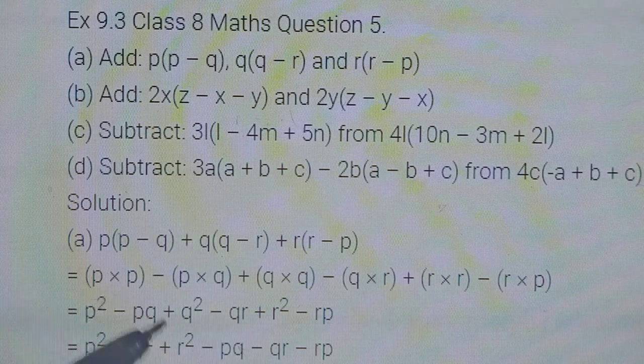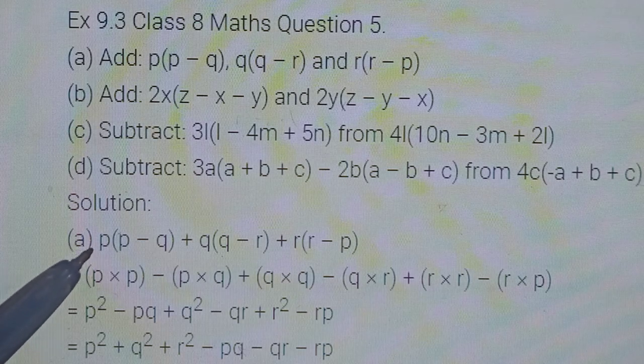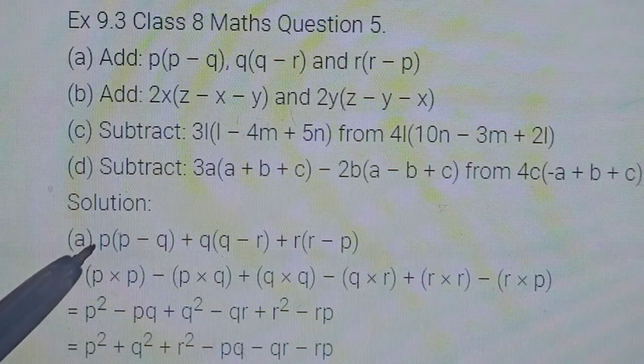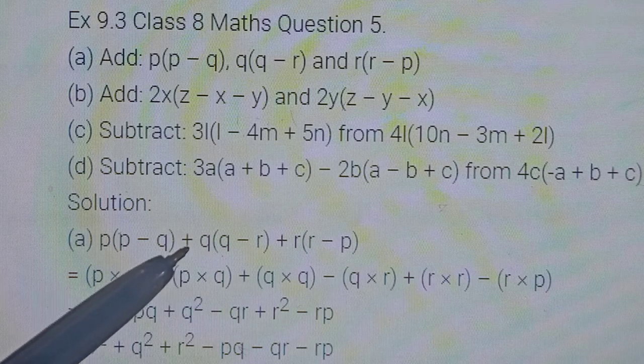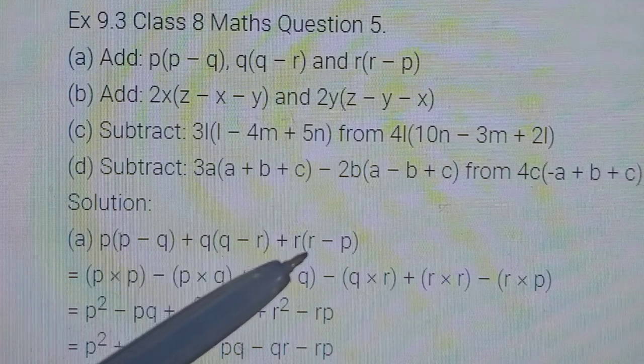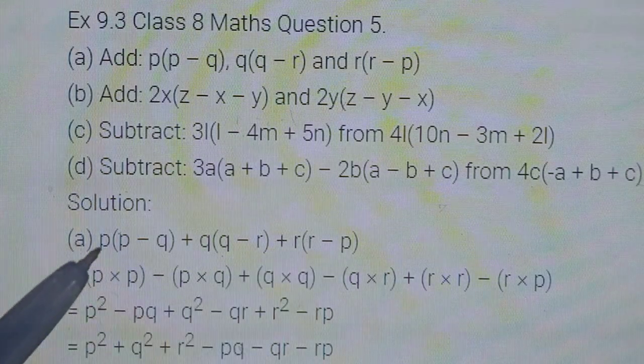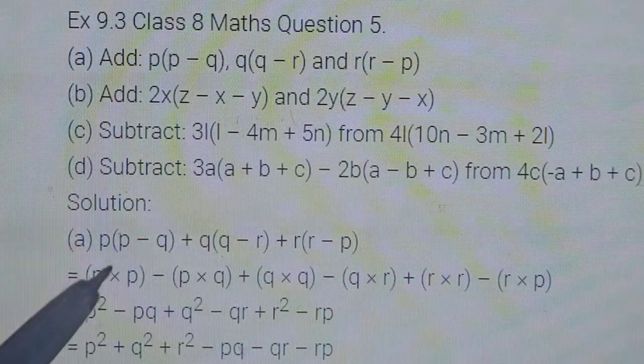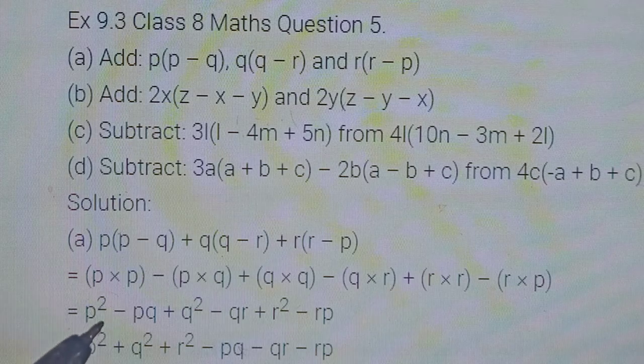Okay, we'll do it by both the methods. So first, taking horizontally, the first expression, p bracket p minus q, to be added to the second, q bracket q minus r, plus the third, r bracket r minus p. So first we'll distribute this inside, open the bracket, p into p, p square